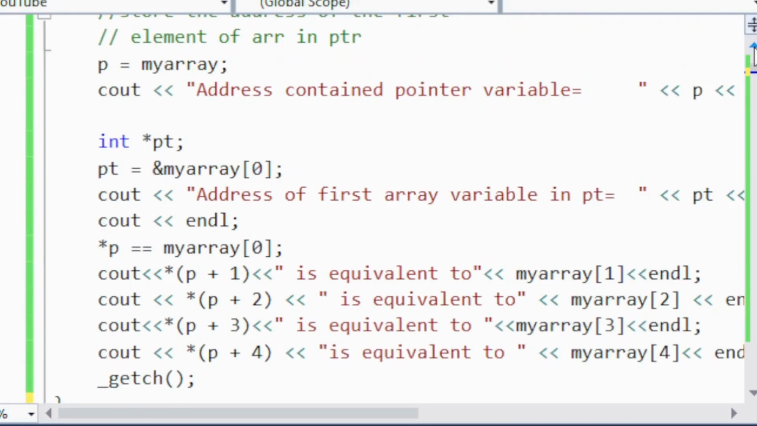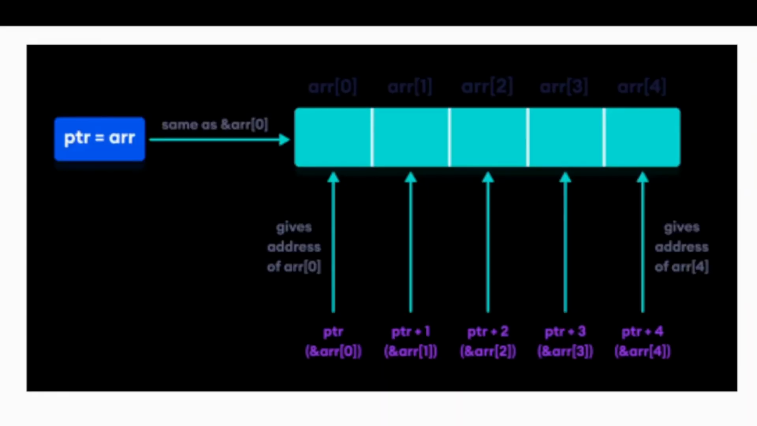A pointer variable not only contains the address of a simple variable, but it can also contain the address of a cell of an array. So if we look at this in the memory representation, ptr is equal to array, same as array of 0, because this is now ptr, the address of array of 0, which is the starting address, and then ptr plus 1 is the same as array of 1, ptr plus 2 is the same as the address of array of 2,